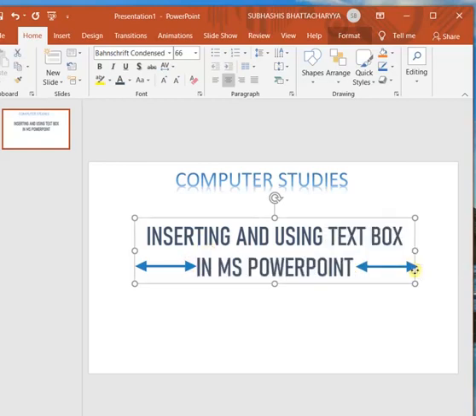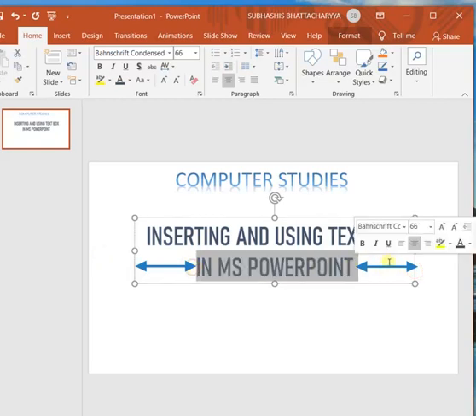From the right margin to this right side of the text, here also the distance is the same as on the left side. So the texts may not be of equal size, but the distances from the left and right margins are equal in center alignment. Now coming to right alignment, or align right.